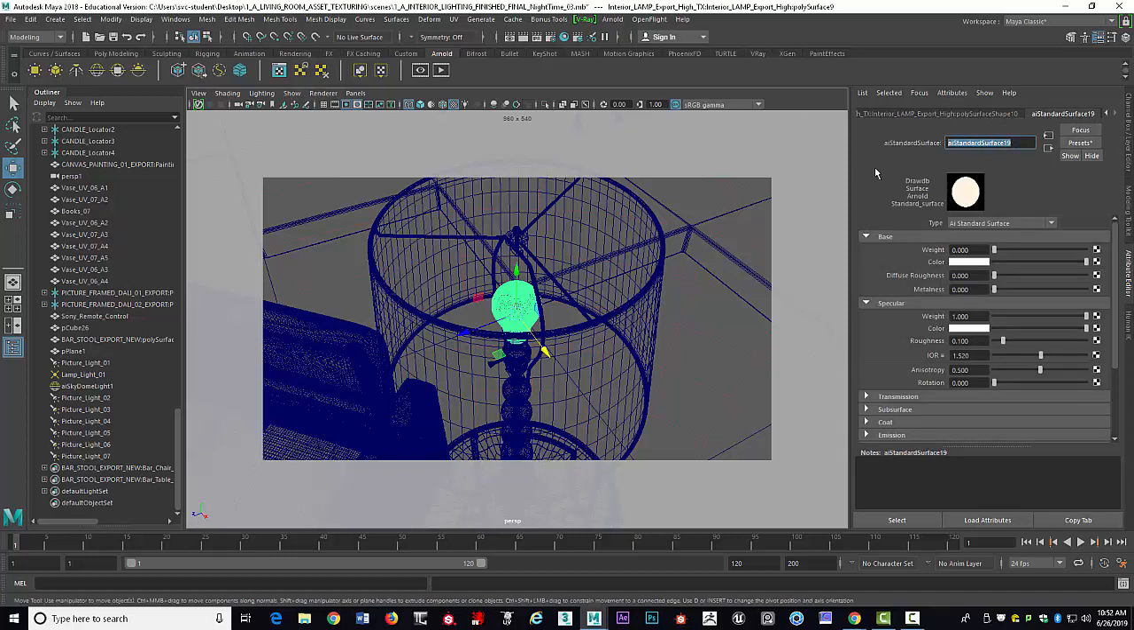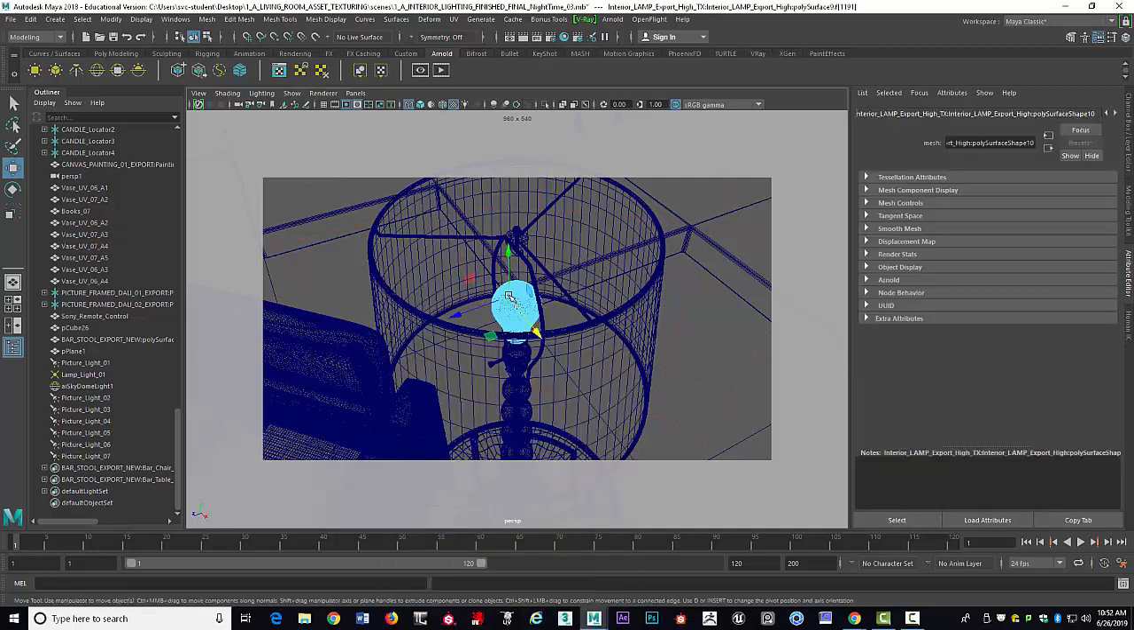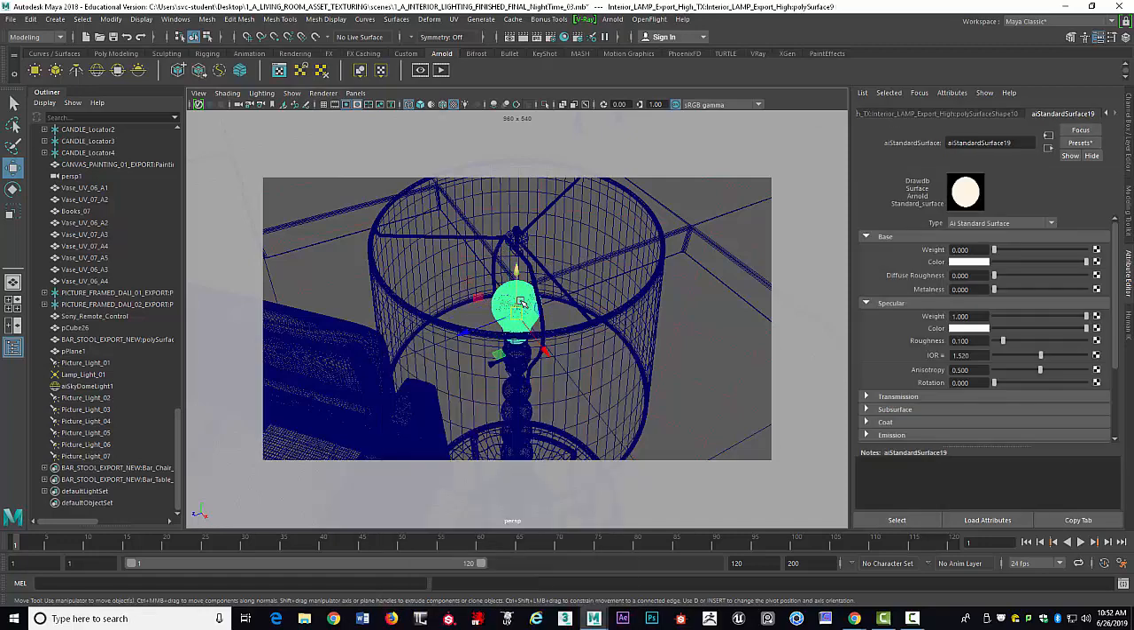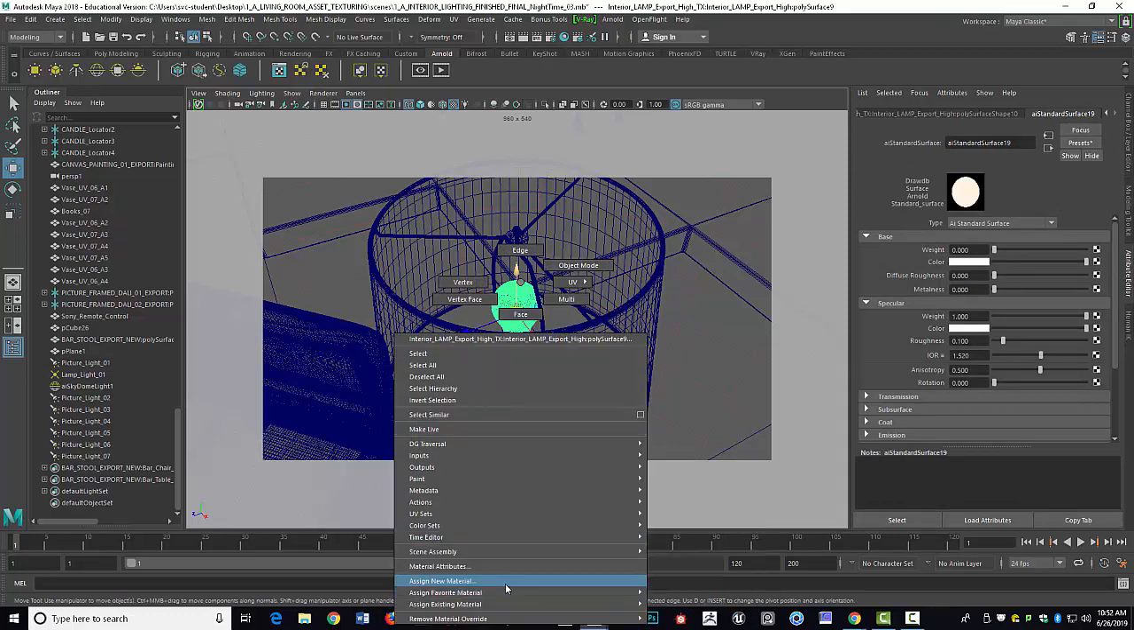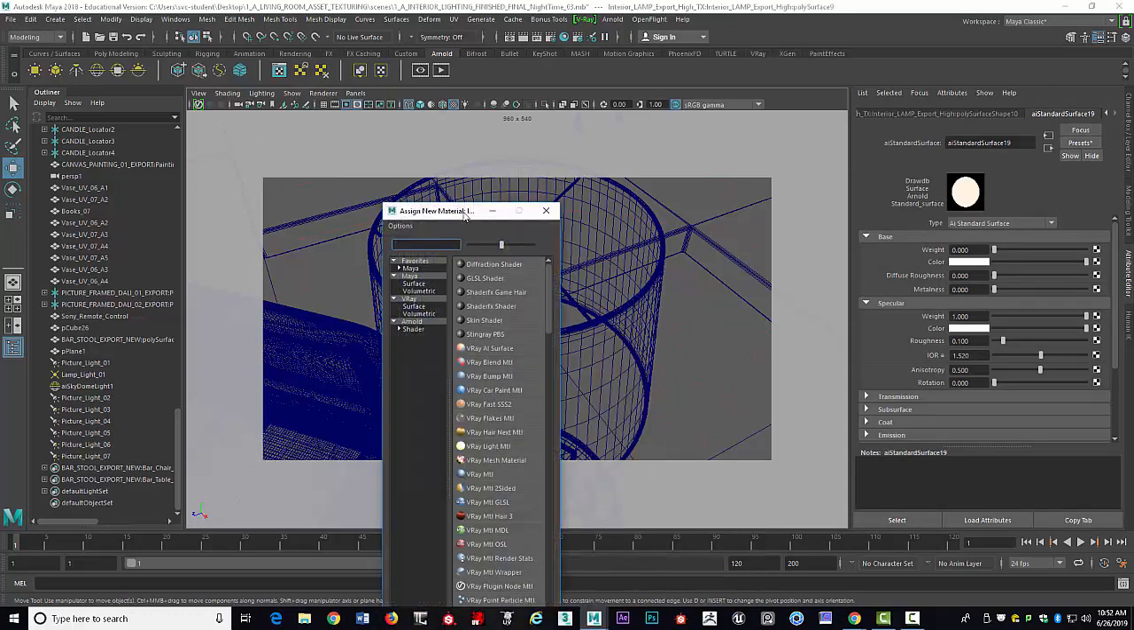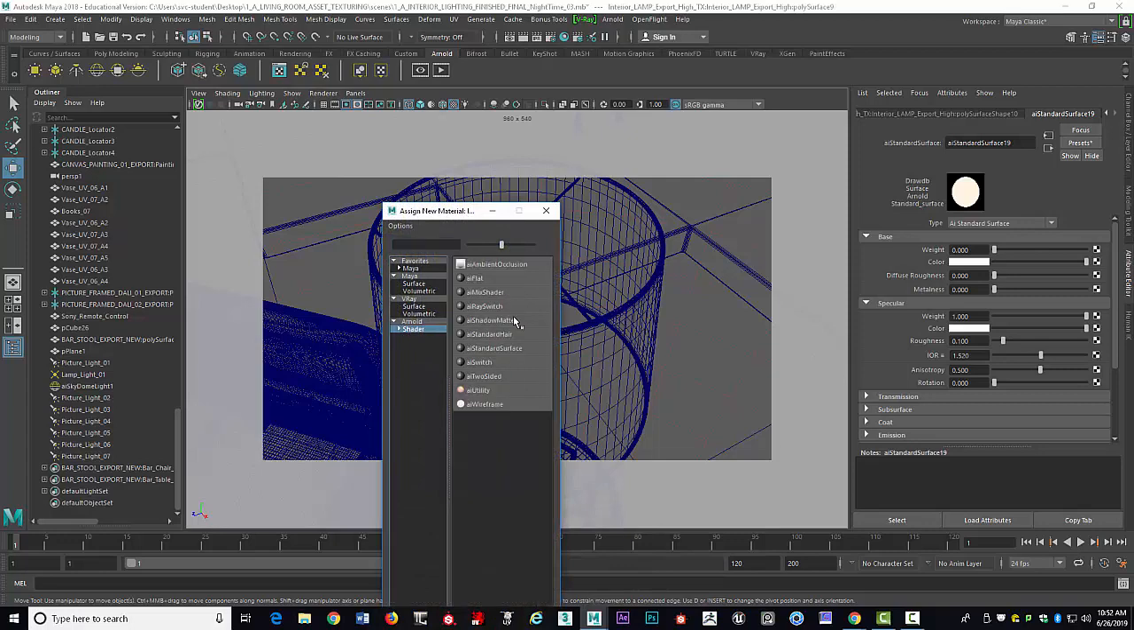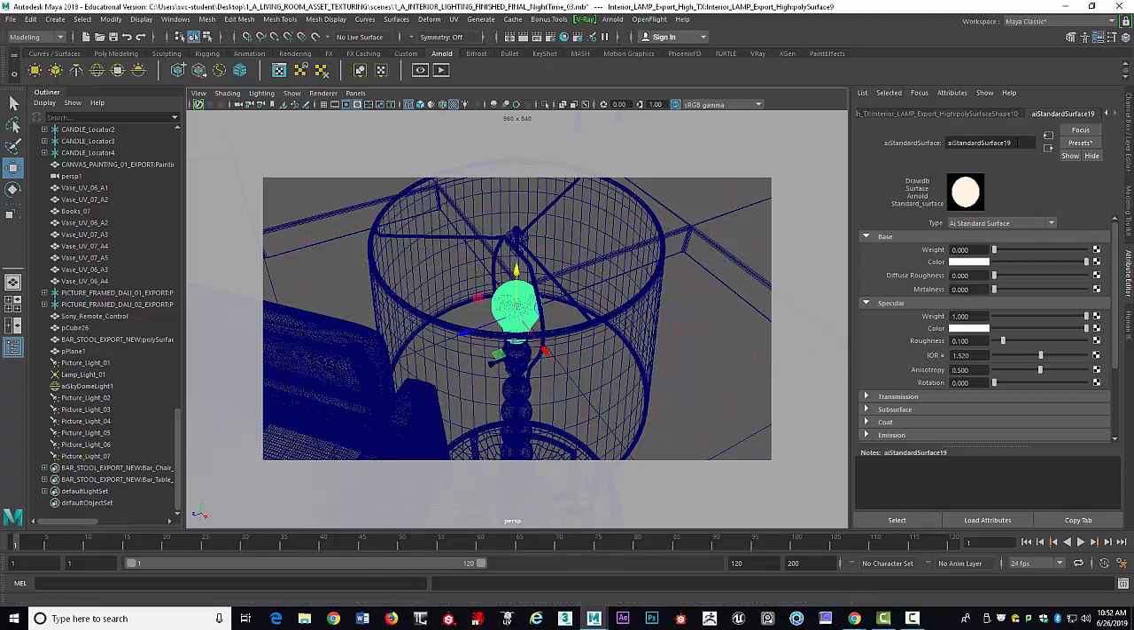So create a surface shader for that. Basically right click over it, go into object mode, right click over and assign new material, whatever that may be. It's going to be shader, AI standard surface. Once you have that set up, I would rename it